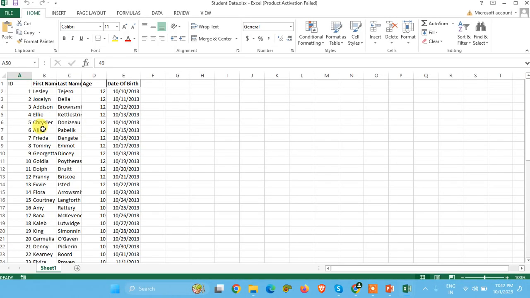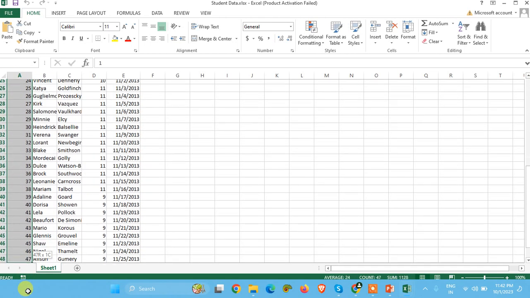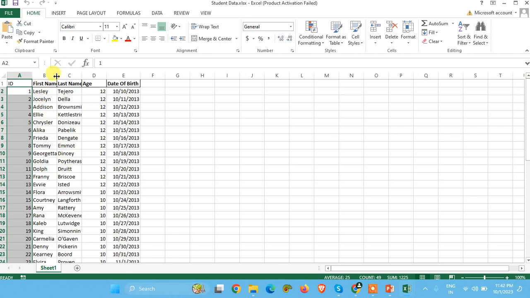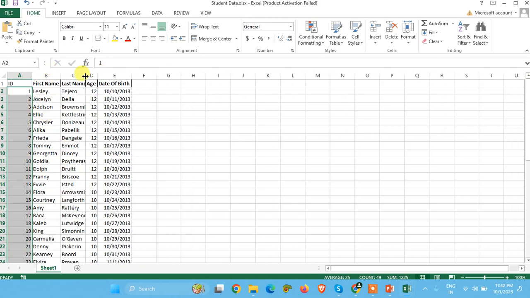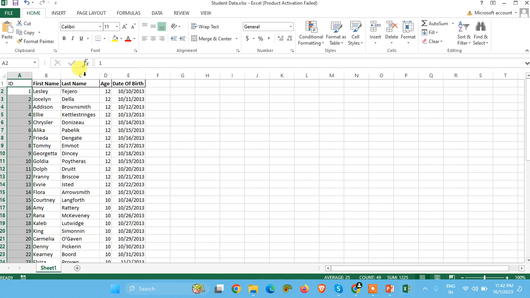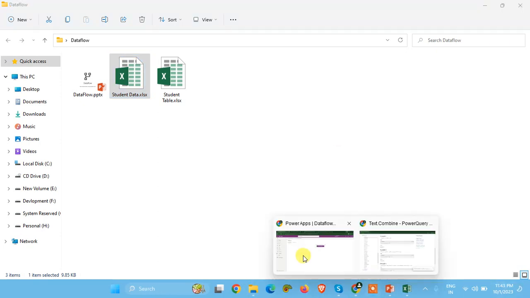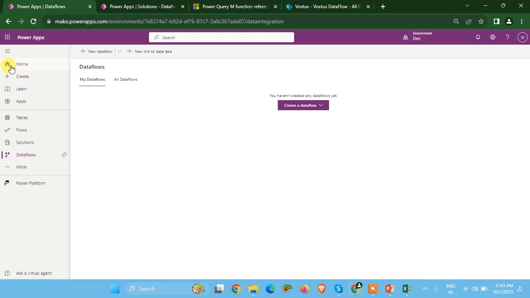Okay, fine. So ID will be unique for every student, as we can see here. And this is the first name, last name, age, and date of birth column. We don't have a full name column, so we will create a full name column using the first name and last name, so that we can see how we can transform data using the data flow. So what to do? Let me open my